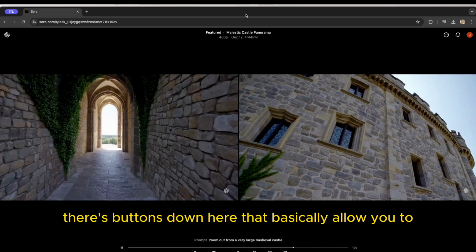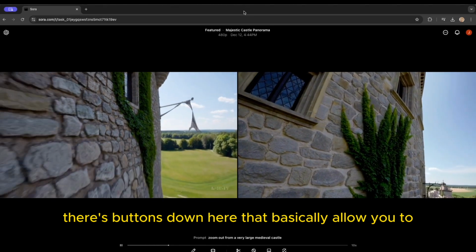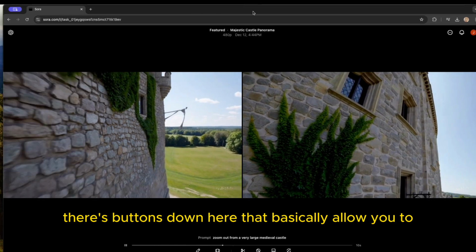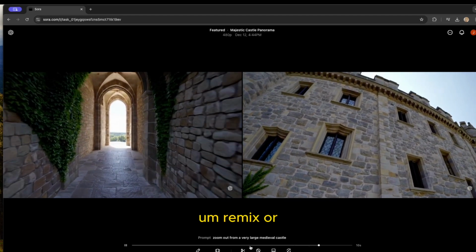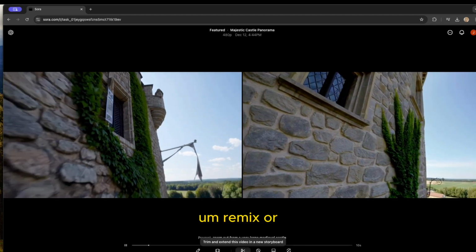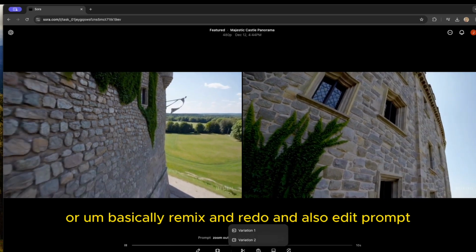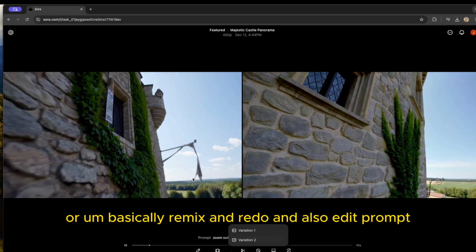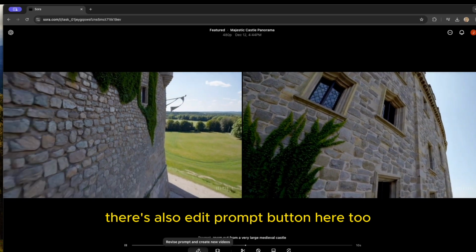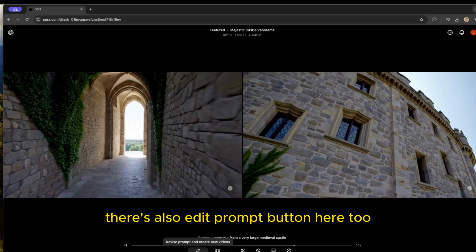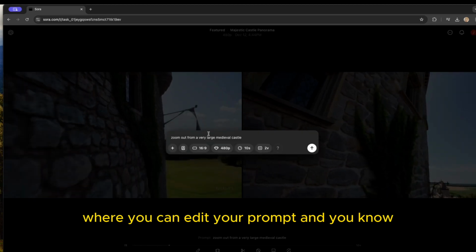There's buttons down here that basically allow you to remix and redo, and also edit prompt. There's also an edit prompt button here too, where you can edit your prompt